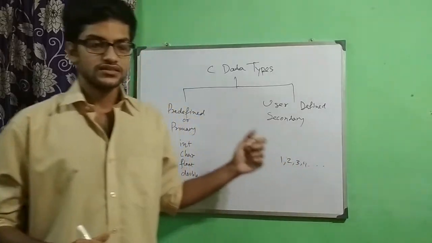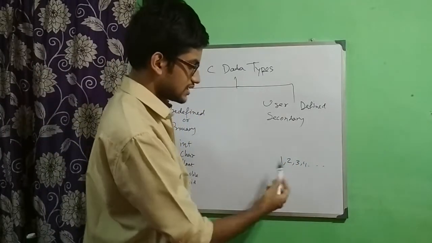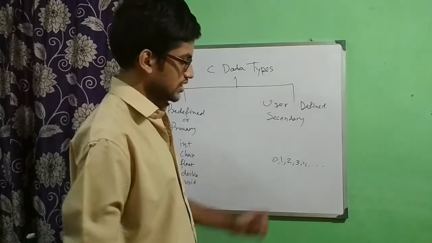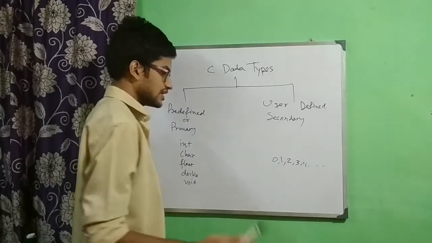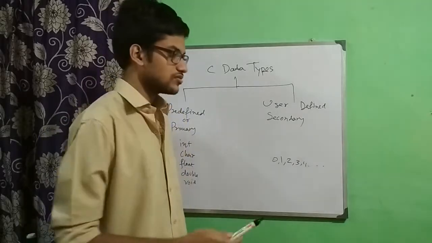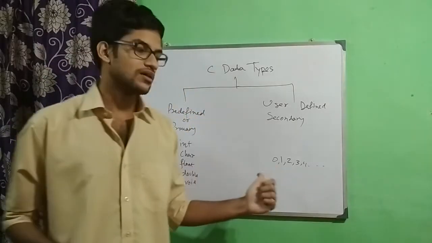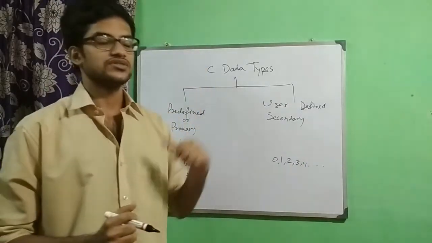The second one is the whole numbers. Whole numbers are the natural numbers starting from 0. Natural numbers start from 1, 2, 3, 4, but in the case of whole numbers, you have a 0 before the 1. So 0 is also a whole number. It will go like that: 0, 1, 2, 3, 4.